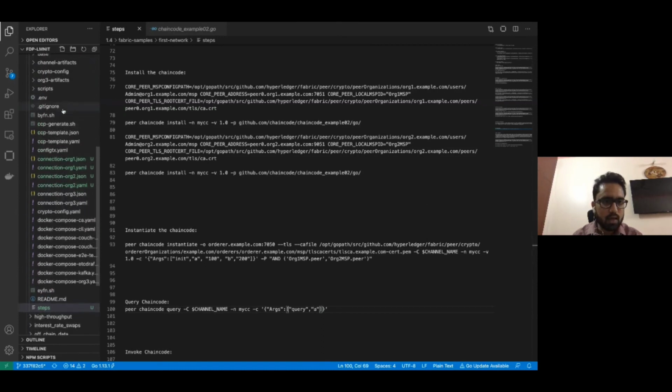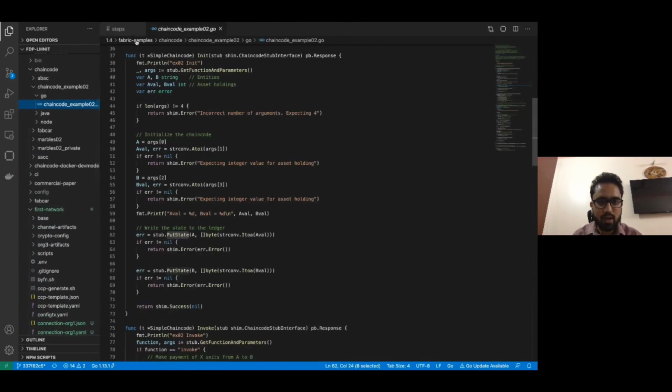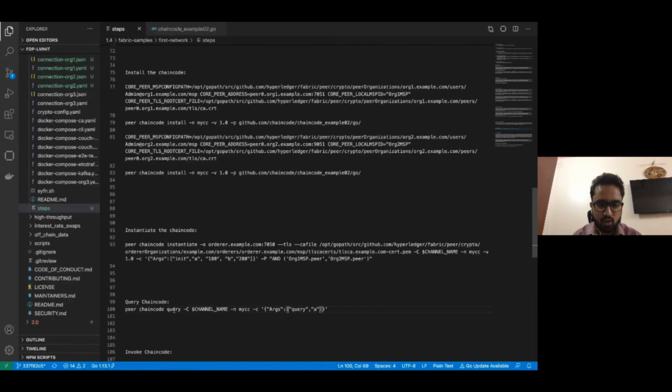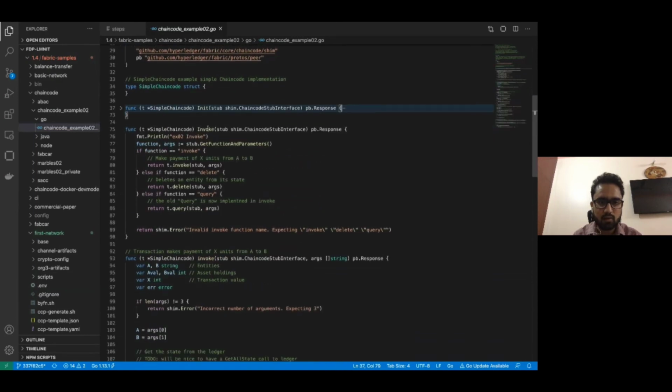So in this example, when I submit this peer chain code query command, it will go to this chain code and it will actually invoke, call this particular function of the chain code, because this is the main function. Whenever we submit any transaction or make any call to the chain code, it will go via this.